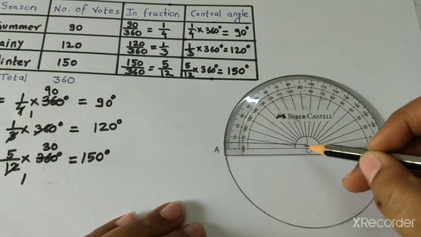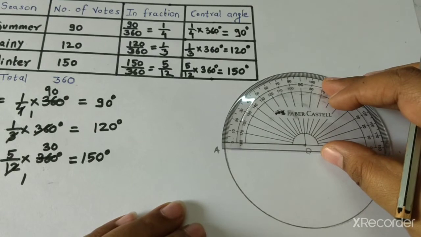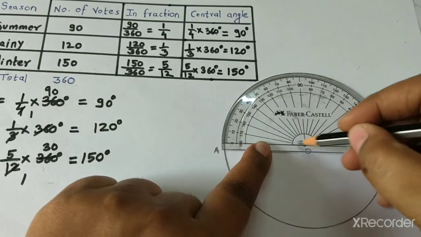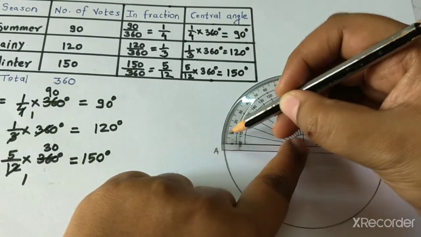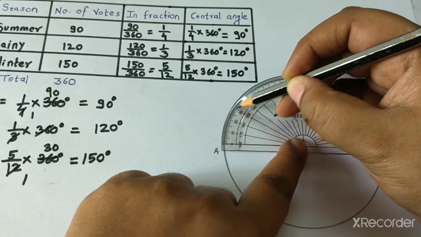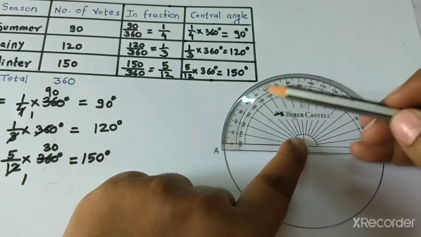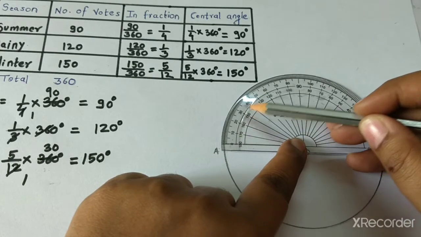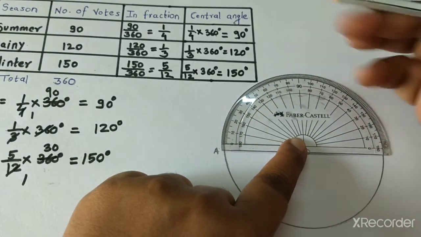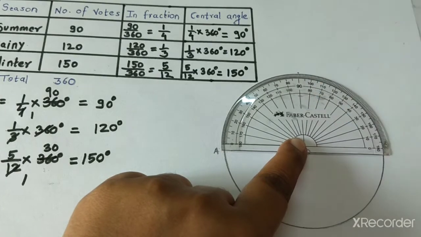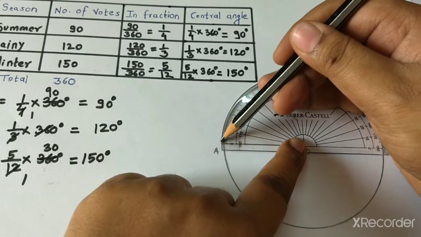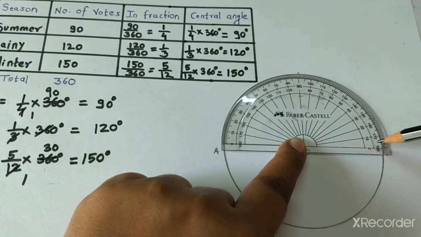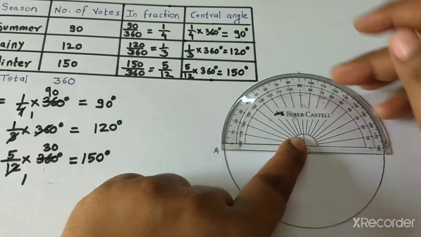I will keep my center point over O and match my baseline with the line of the protractor, okay? And here is my A. So this 0 I will start from, that is the outer scale I will take, okay? You can see 0, 10, 20, 30, 40, 50, 60, 70, 80, 90 degree is coming over here. I'll mark a point. If it is more than 90 degree, you will take it from here like this, the outer scale, because here is my 0, not this side. Right? So now I have marked 90 degree.